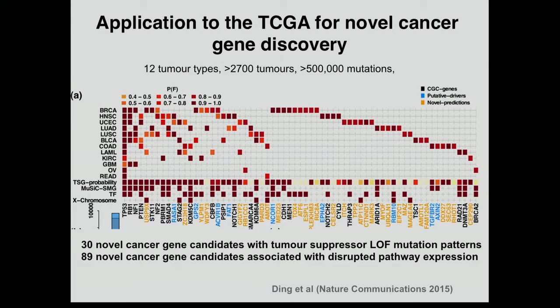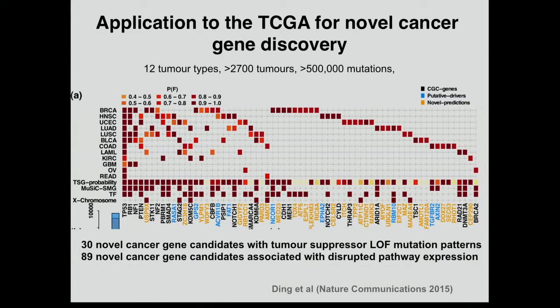And these mutations, they all have the properties of loss of function mutations, so stop codon mutations, frame shifting insertions and deletions. They tend to occur in hemizygous deletion regions, so are putatively biallelically inactivated. And so if you read the paper, you can look at all the gory details. We have essentially diagrams for every single one of these genes that shows the distribution of mutations. And there's very strong evidence that these are probably rare candidate tumor suppressors. So in summary, this showed 30 novel candidates from our analysis in cis, and then 89 novel